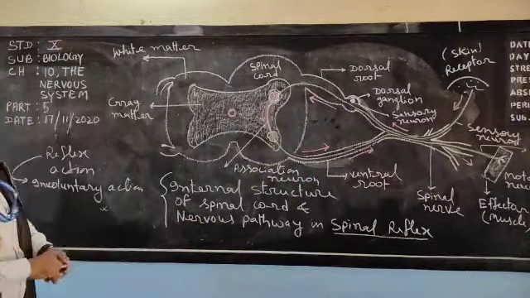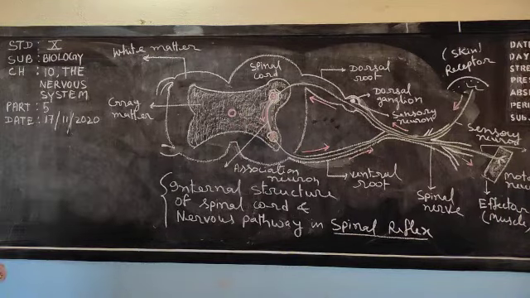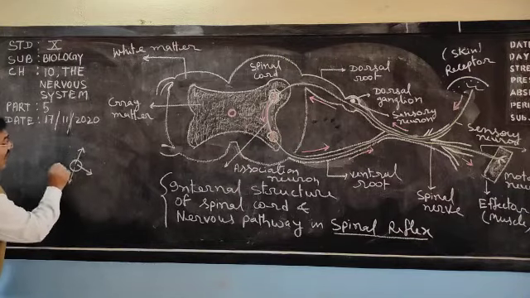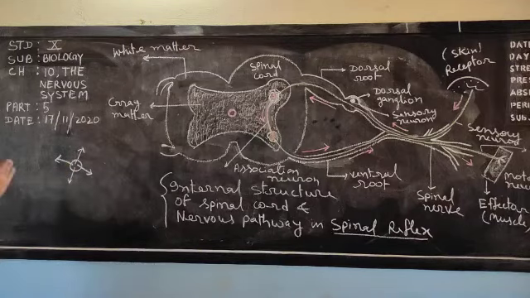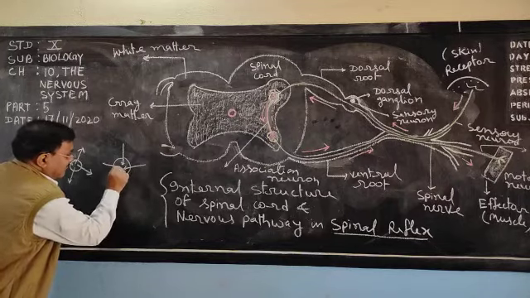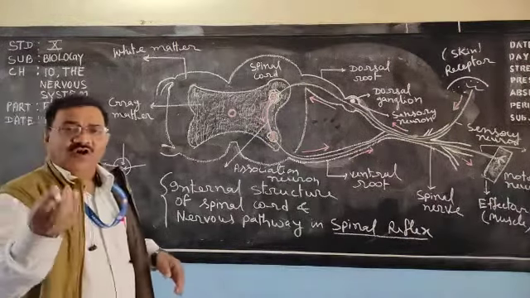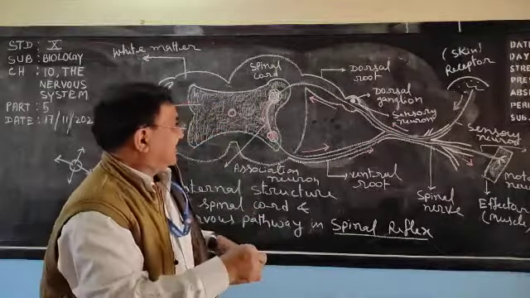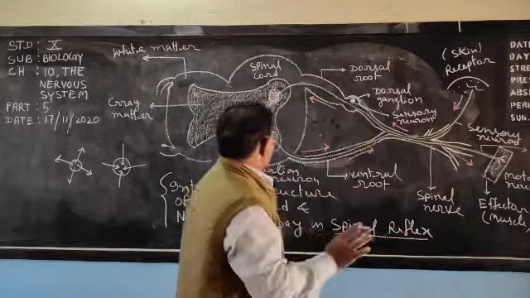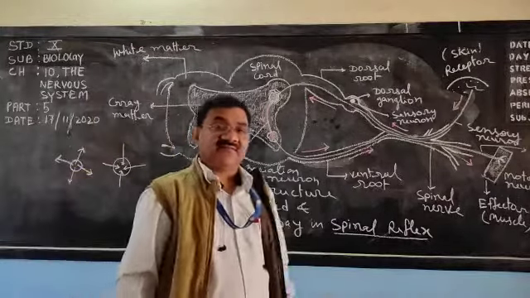Once more try to understand diagrammatically about the ganglion. Suppose this is the ganglion. So all the nerves will come out from here, or all the nerves will enter here. So this is ganglion, from where all the nerves arise or all the nerves end. So here dorsal ganglion is shown, and you can see from this the sensory neuron is coming out. Very clear or not? Now one more thing I have to discuss.